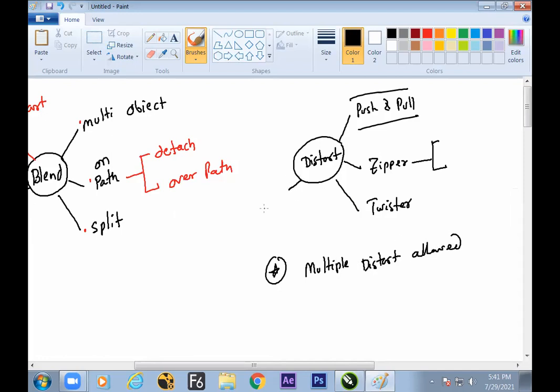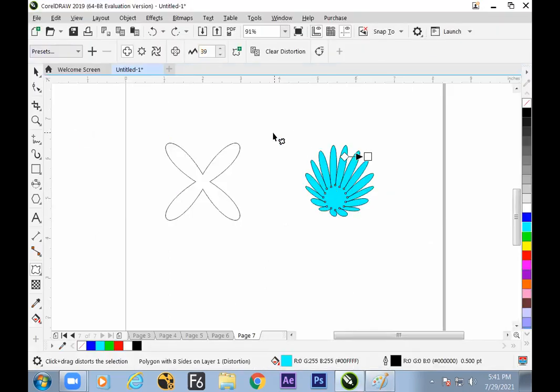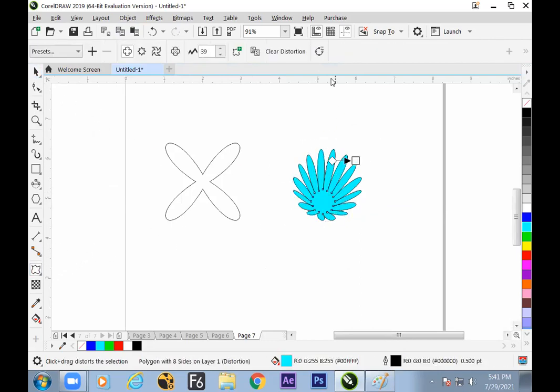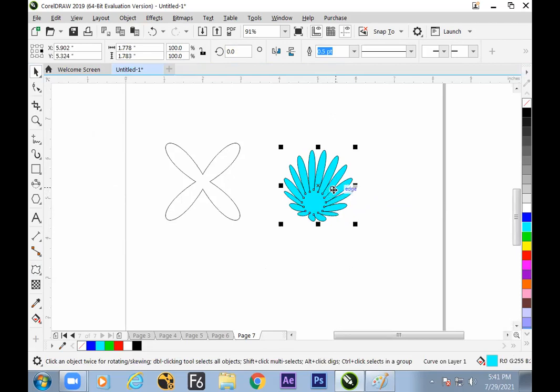And distort can be turned into Convert to Curve, Ctrl+Q, so that it will turn into a permanent object. The base object will come. And here we have seen multiple distorts applied to this object. Again, we can convert to curve. So hope we have seen now two distorts work together to make this design. Copy paste is allowed.